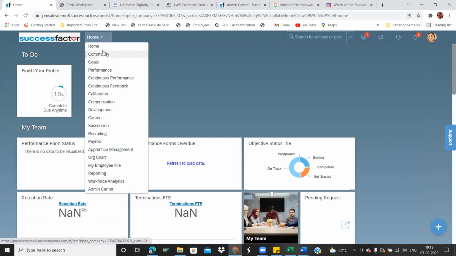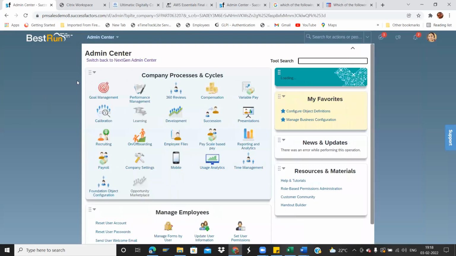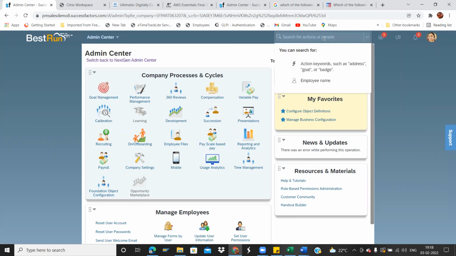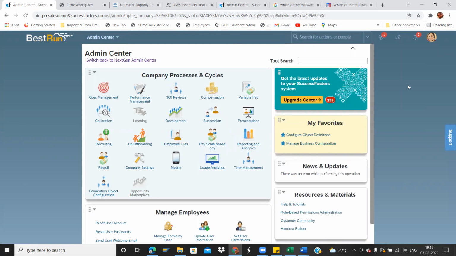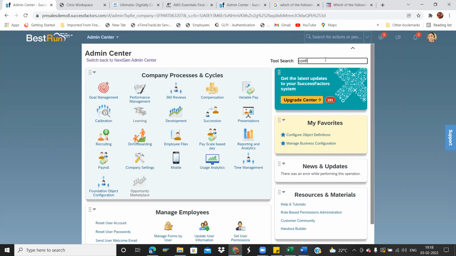chapter. So from here, the Admin Center, you will be going and configuring the things for any modules. But in case I am in the middle of something or I don't want to surf, I'll be directly writing the action name over here, configure object definition. Okay. What is the difference between this tool search and this? This tool search also, if you type configure object definition, it will show you any transaction, any action. If I type, it will show me configure object definition. But what is the difference between here and here?